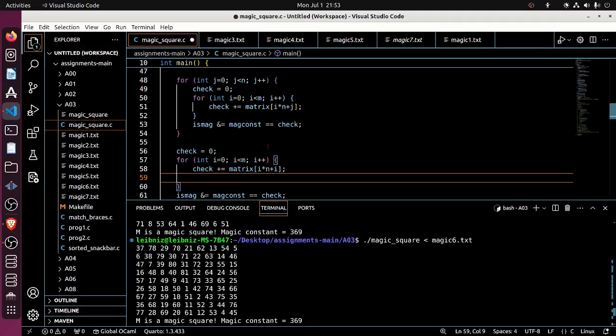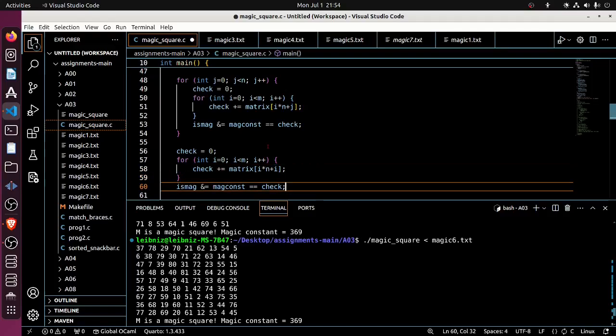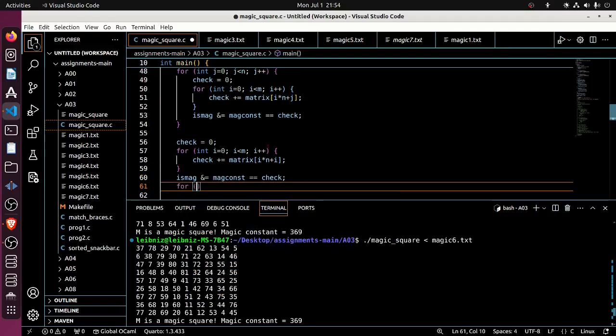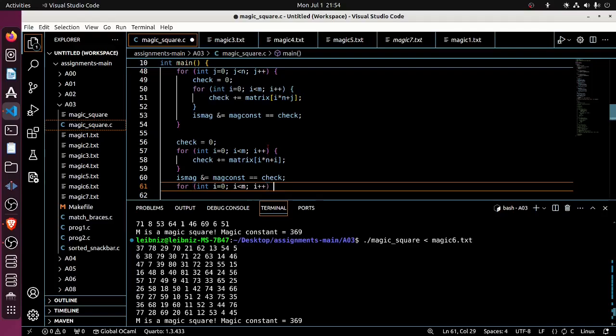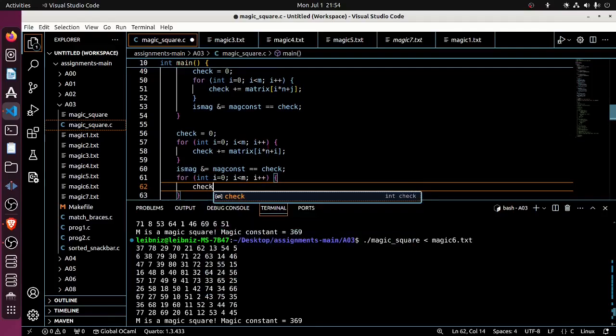Although in order to do this, I would need to reuse check. So maybe let's not do it in a single for loop, not that this super matters. Let's just say for int i equals 0, i less than m, i plus plus, check plus equals,